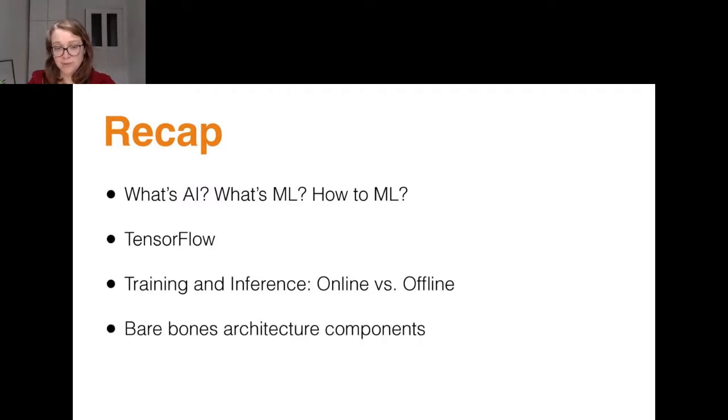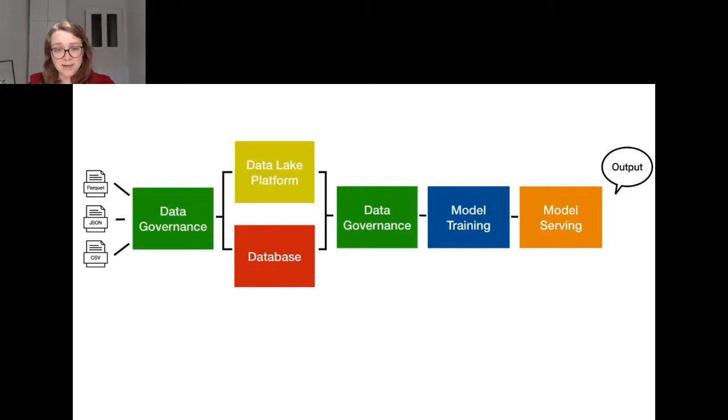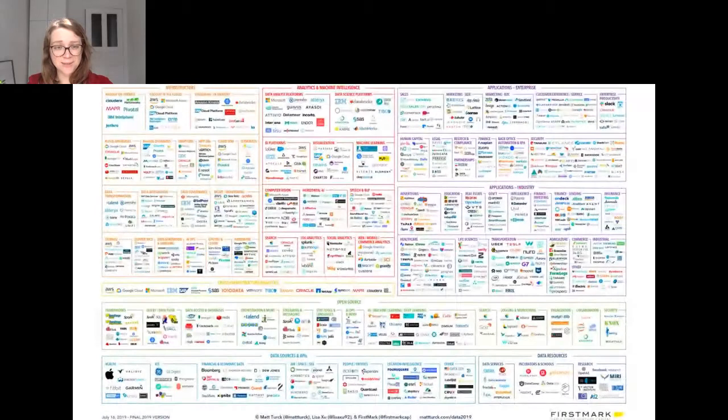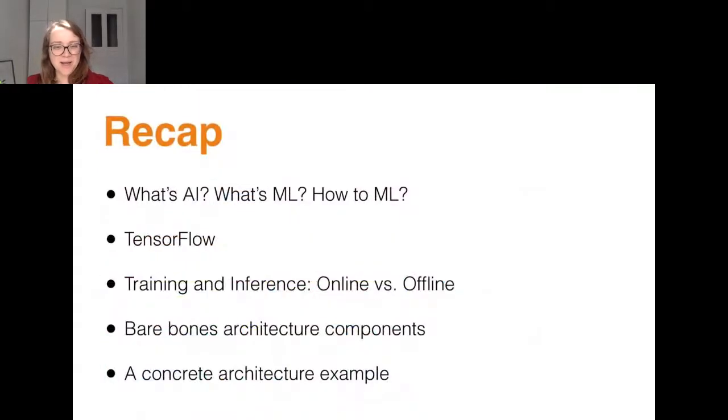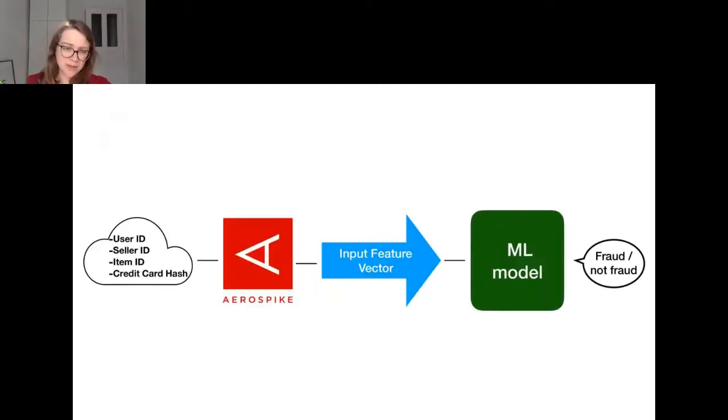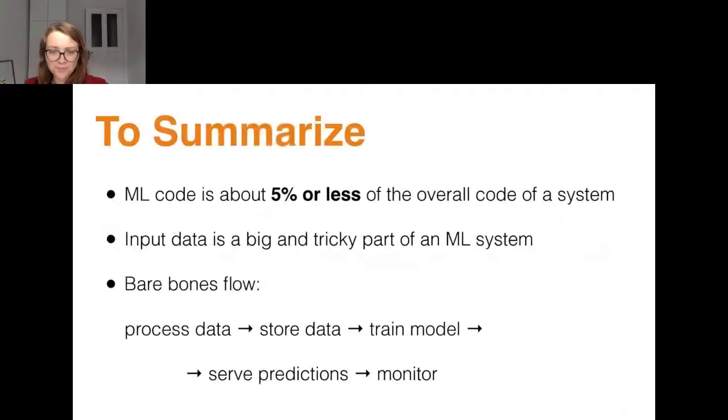We saw an example of a bare bones architecture as I see it. And we saw that there is so much more out there if you want to dive into any other specific part that was not mentioned in the bare bones example. And we saw architecture that is being used in production by a huge payment company. This is a quick reminder of it. So you get some transaction information from the website. You create out of it a lot more data points by generating an input feature vector, which you feed into the machine learning model that ends up telling you, based on that information, is it fraud or not fraud?